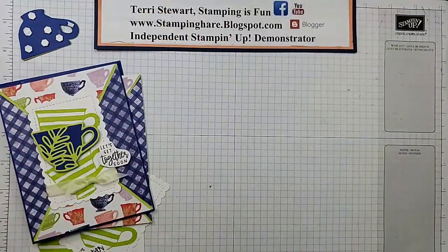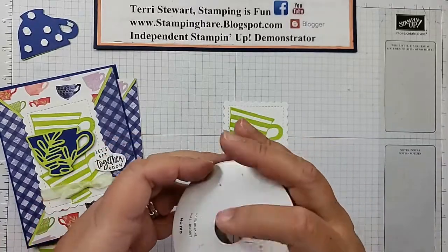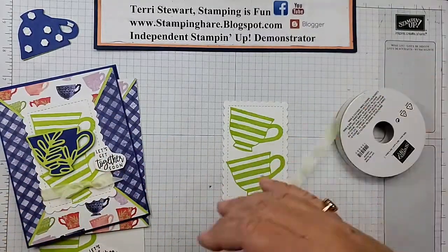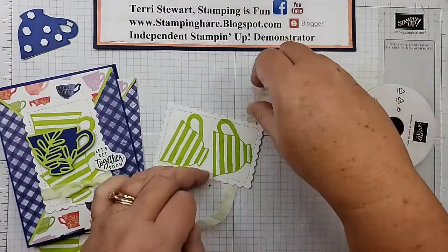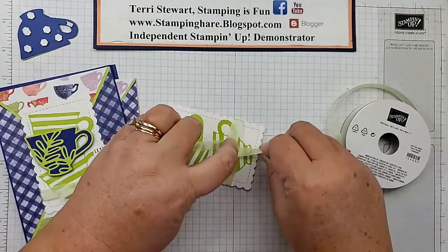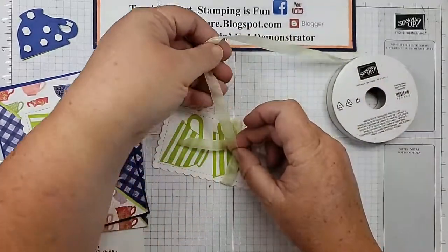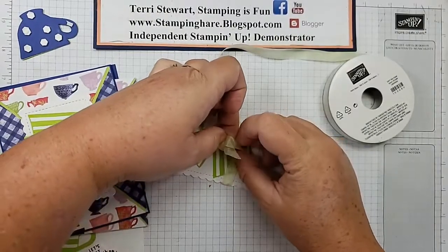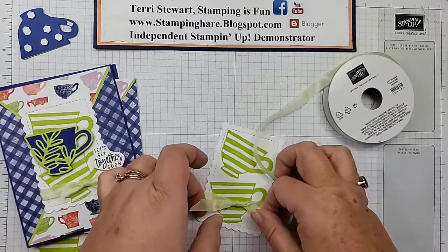Okay. And the next part, I'm going to bring in my soft seafoam seam binding ribbon, and this is beautiful, shimmery, light, delicate ribbon. I'm going to tie a piece of it towards the bottom of this die cut that I've stamped on, and I'm just tying a knot. Hold it in the center, bring over. And I tie off my spools instead of cutting it, because I either cut way too much or it's short, and for me this just works out, and I feel like I'm not wasting ribbon. So there's my bow,